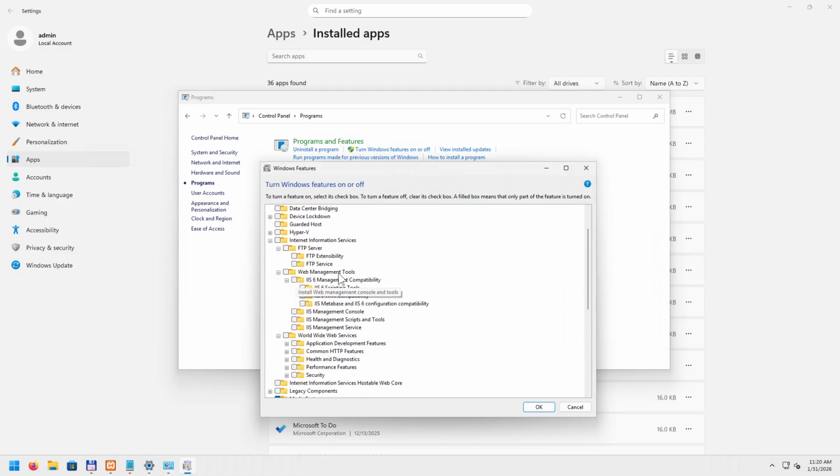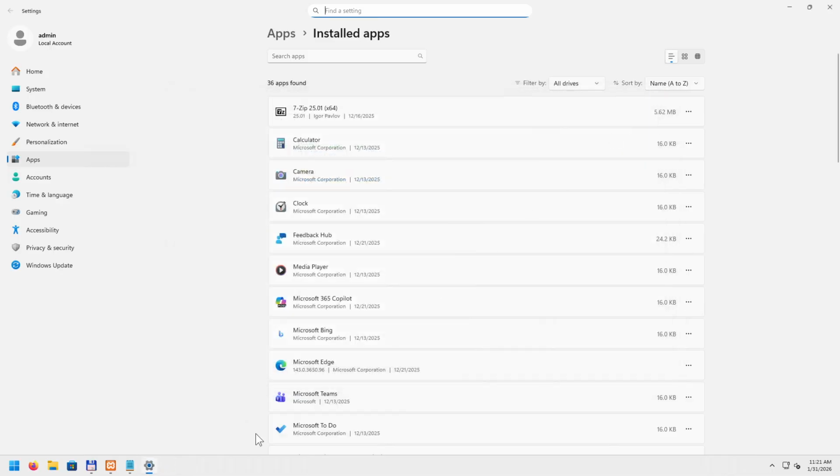And then this is the guy, World Wide Web Services. This is the HTTP server from Microsoft, from Windows. And there's a graphical user interface management tool for the Windows server. We can see that the Windows HTTP server is not running, is not even enabled. So that's why we're keeping the default